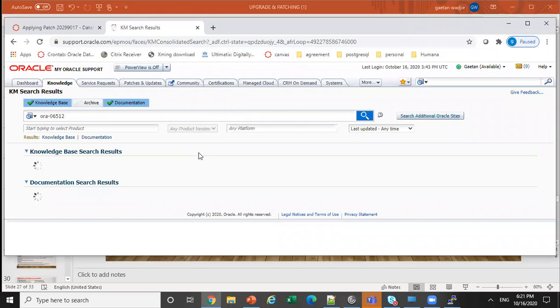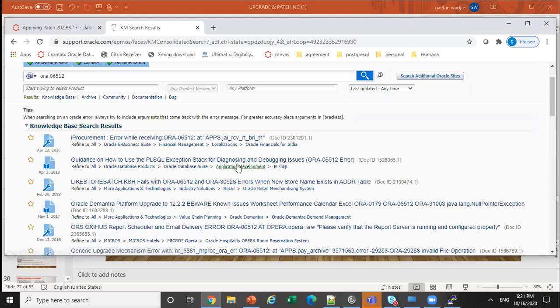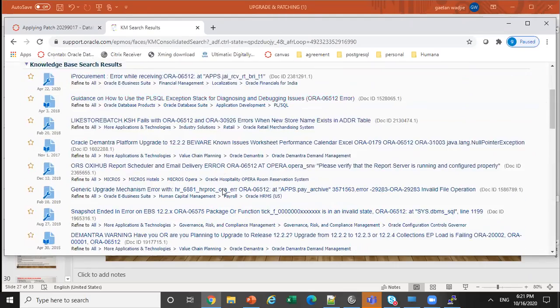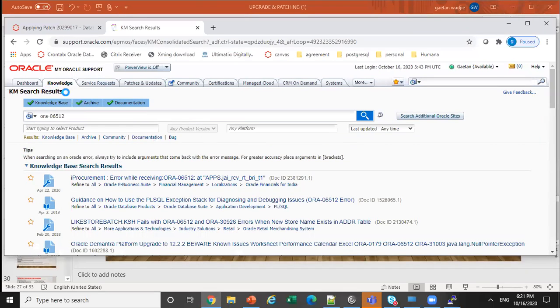Let's see. Let me refresh it and see. Normally it should be fast, right? So okay, for instance, I type an error. I can type the entire error, okay? Let's type an error